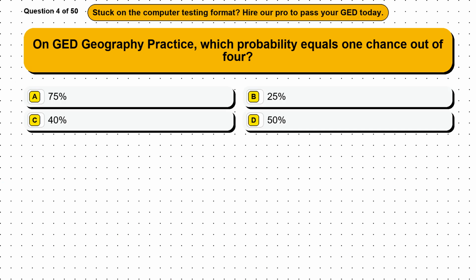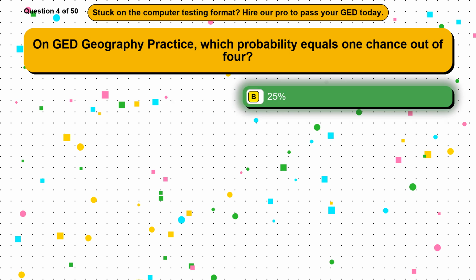Question 4. On GED Geography Practice, which probability equals 1 chance out of 4? Option A, 75%. Option B, 25%. Option C, 40%. Option D, 50%. The correct answer is option B,